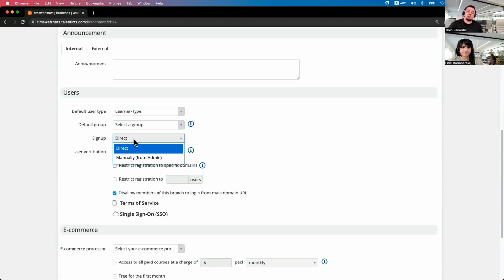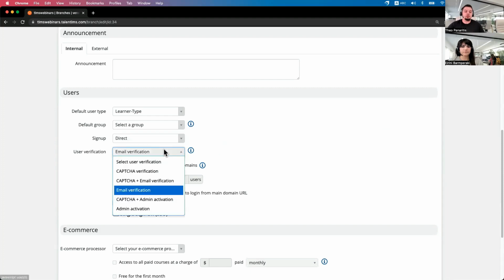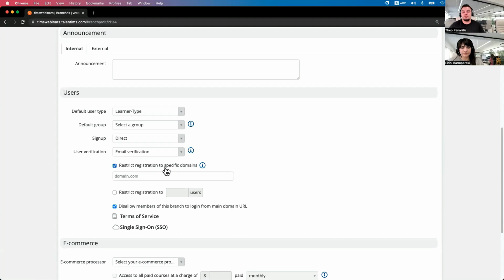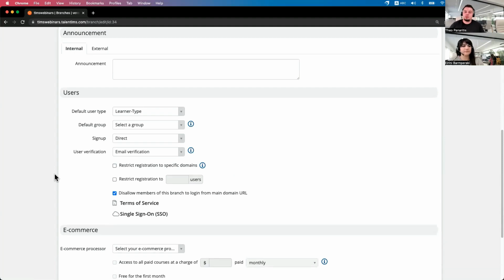So maybe in my account I have manually in my main account, but here I have direct as a sign-up method. And of course, I can choose whichever verification type I prefer for them to have, exactly as Eirini suggested at the beginning. And this is very important to remember: each branch can have its own settings. And if you want to take it up a step, and even use my tip from before, you can even restrict registration to specific domains just for that branch. So you can see how many options you have to customize and differentiate the sign-up methods of the branch